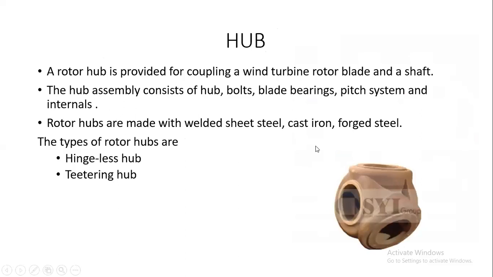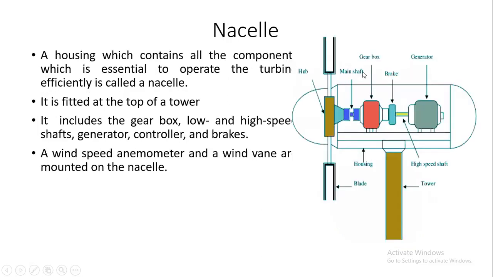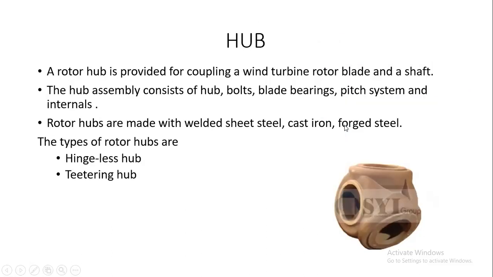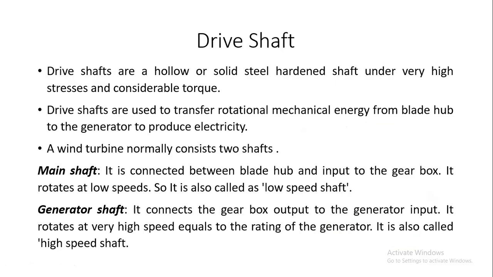So this one we call the hub. There are five terminals and five joints to which the three blades are connected. This one is the outer side where the cap can be mounted, and this one is linked or coupled with the main shaft of the wind turbine. The drive shaft consists of the main shaft and the generator shaft.